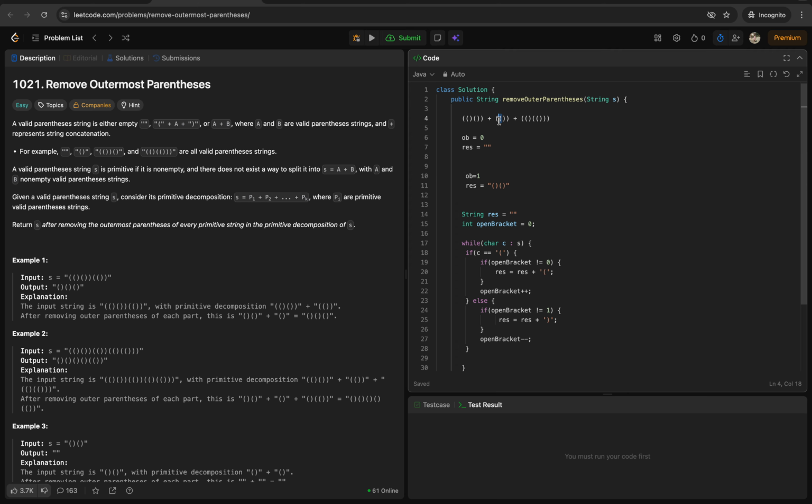Then we have an opening bracket. In this case this will get executed because OB is not equal to 0, so this bracket will get added. I'm just adding space for clarity. And then OB plus plus, OB will become 2. Then we have a closing bracket. Closing, we are here, OB is 2, not equal to 0, so this closing will get added